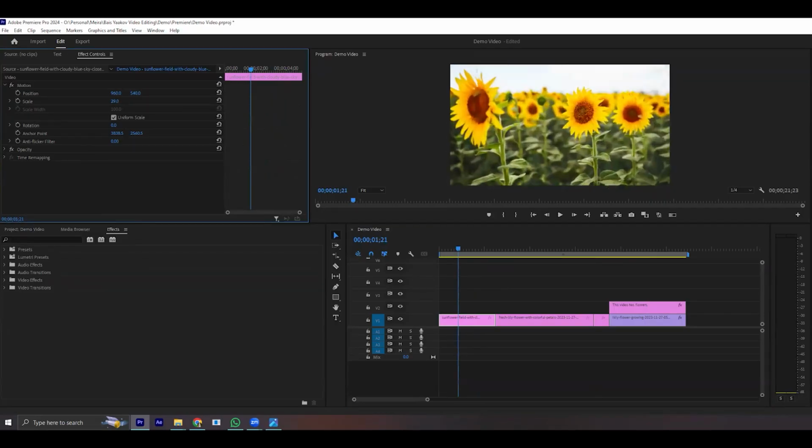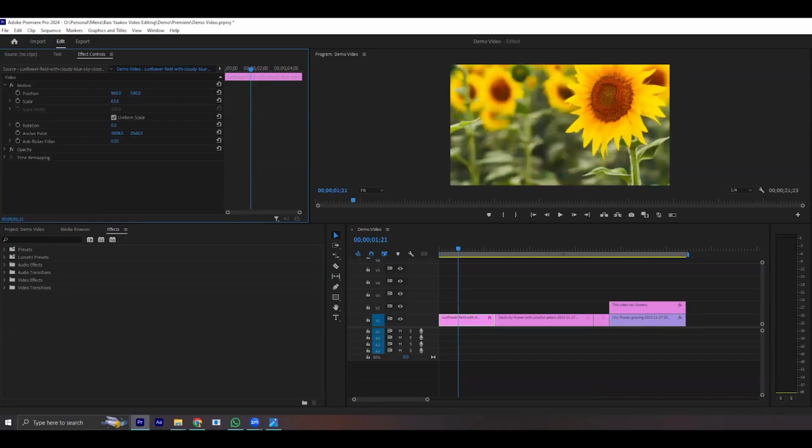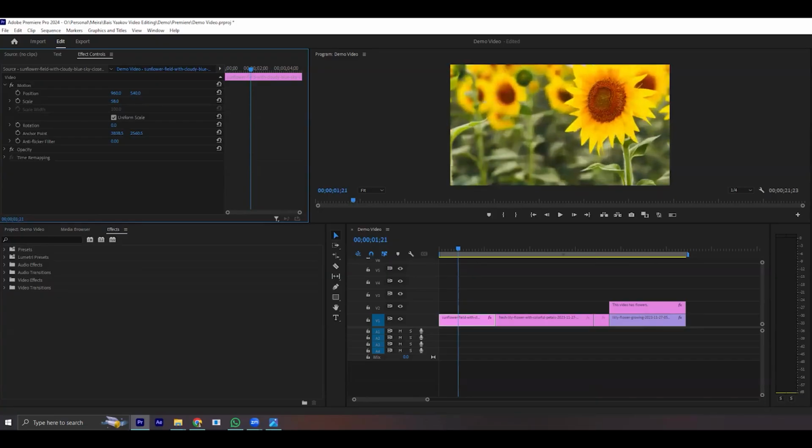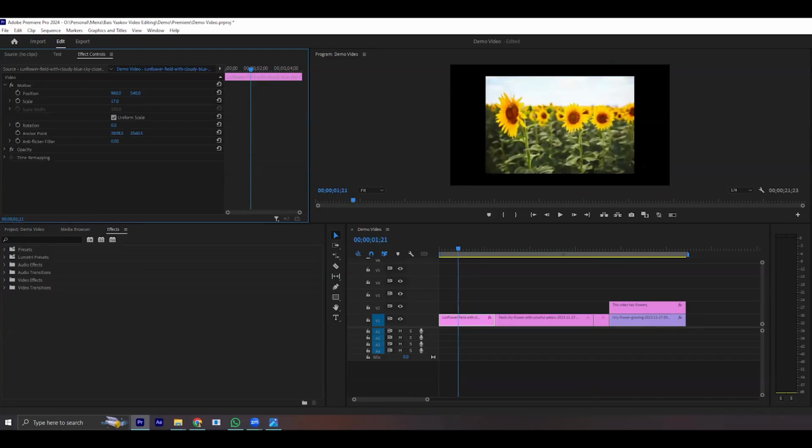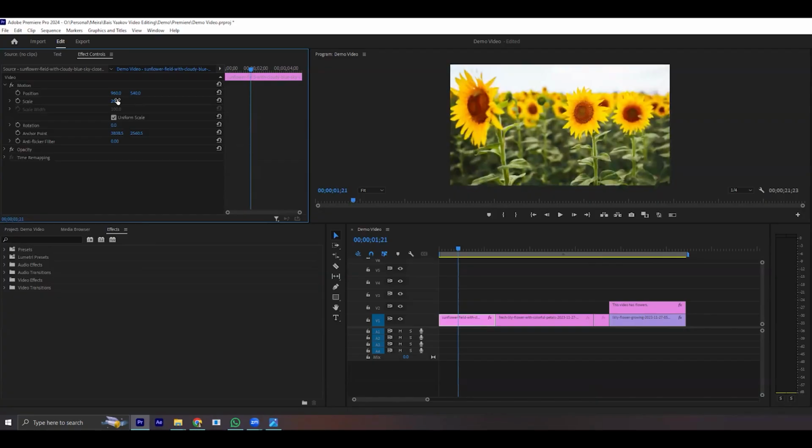So here we can finally zoom out our wonderful sunflowers. How did I do that? If you hover over the number, left click and hold, and then simply drag your mouse to either the right or to the left to make the numbers bigger or smaller. The other thing that you can do is click in to the text box and type in a number. For example,